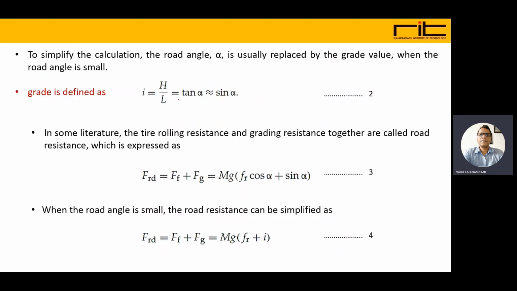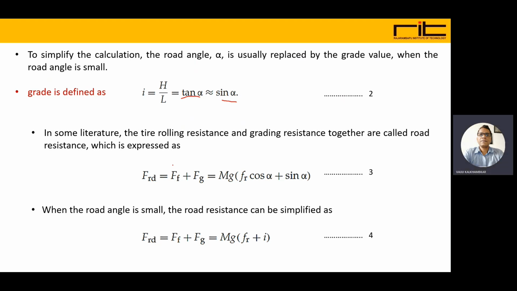So it is taken as tan alpha, and as it is small, you can equate it to sin alpha. In some literature, tire rolling resistance and grading resistance together are called road resistance. So rolling and grading resistance are combined and called road resistance